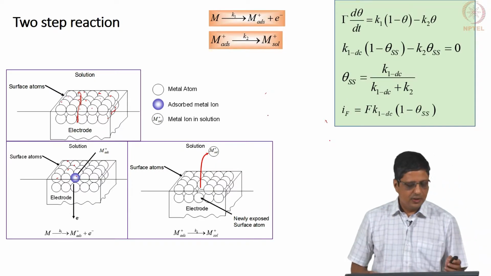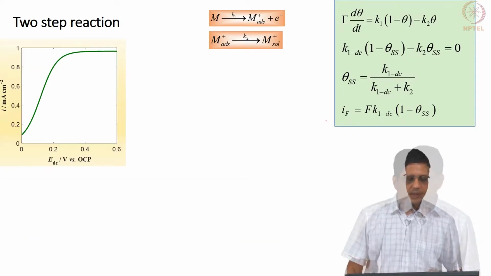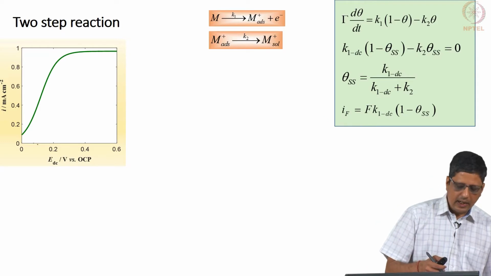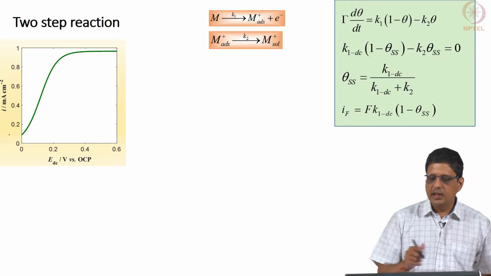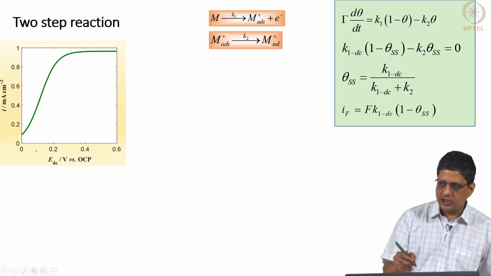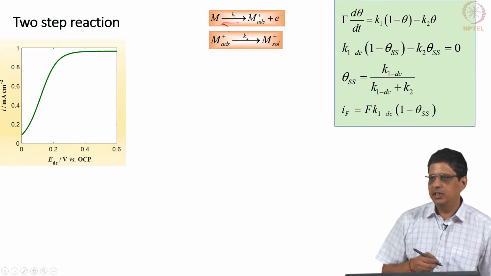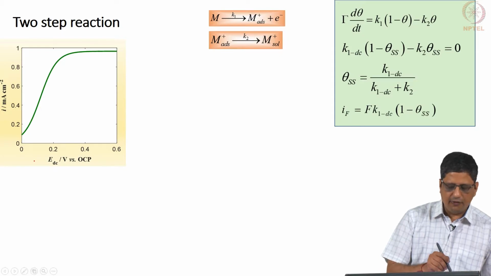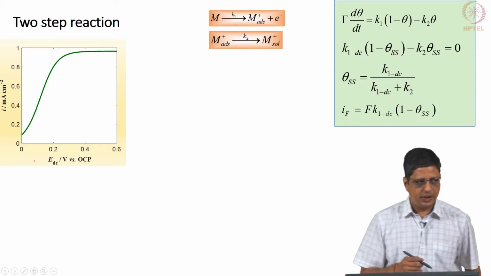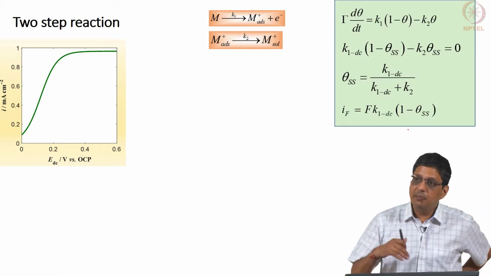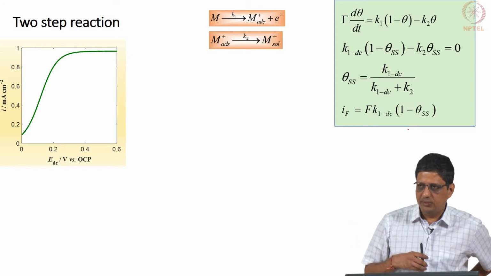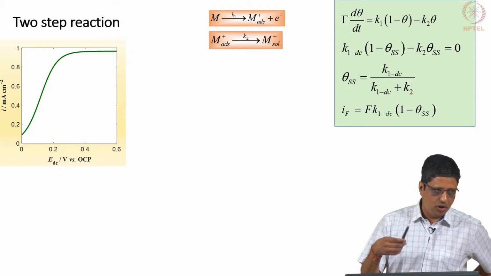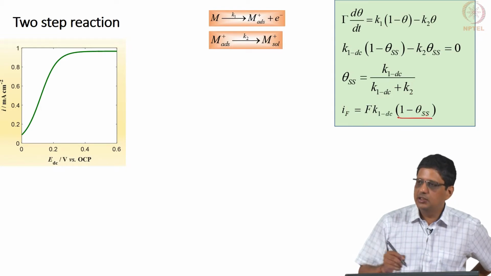Okay. So, if I look at the steady state current, it is going to look like this. It is not really going to be valid at DC potential of 0, because at DC potential of 0, that is equilibrium, I will have a reversible equation, but we will not worry about that now. We will say it is when it is a little farther away from 0, in the positive direction, K1 will keep increasing with potential. Theta is going to increase with potential. When E DC is large, theta is going to be close to 1, 1 minus theta is going to be close to 0.